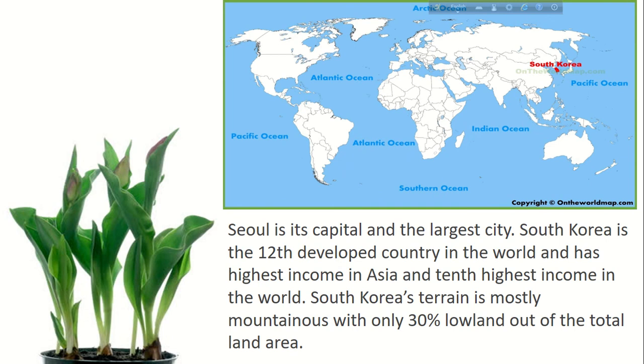Next one, just first the mathematics which I will tell you, that is the difference of time between Dhaka and Seoul. So, first follow the position of Seoul. Seoul is the capital and the largest city of South Korea, and Seoul is situated to the eastern part of the Dhaka city or Bangladesh. Its position is eastern part, and you know from the prime meridian of a country, if we